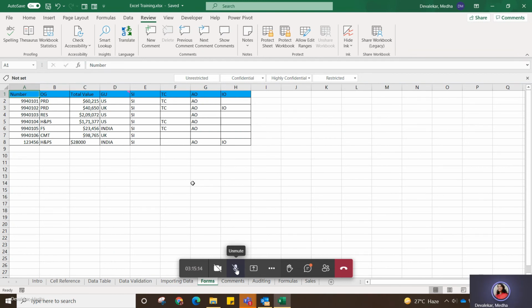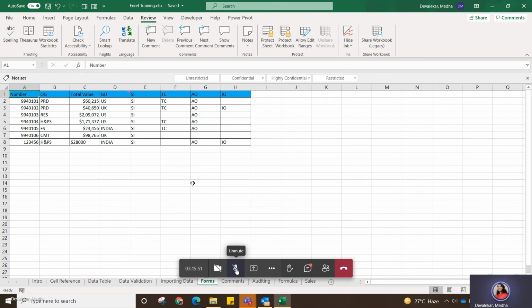As you all already know, Accenture has a very strict rule of data confidentiality, and if you violate that rule, you might face some consequences. So how will you restrict your data? You can protect your sheet, you can protect your workbook, or you can allow accesses so that only limited people will be able to see that sheet or workbook.